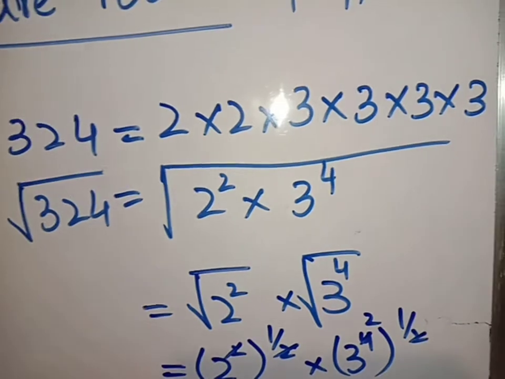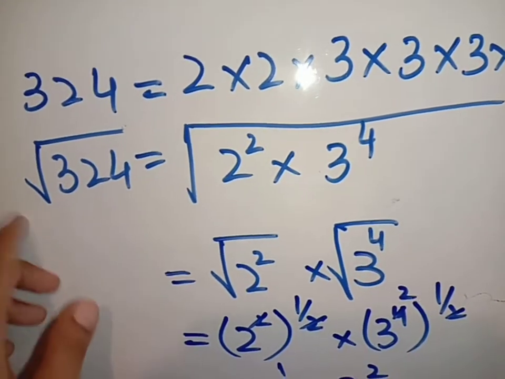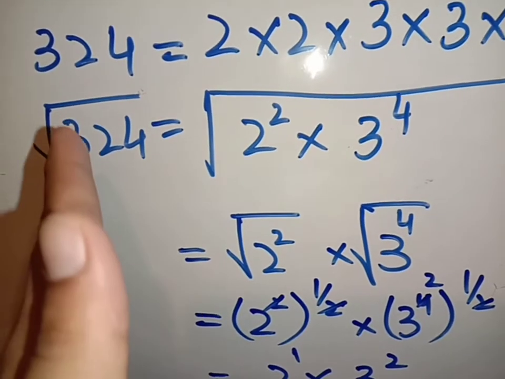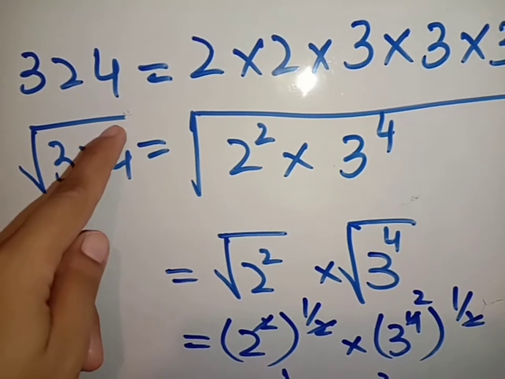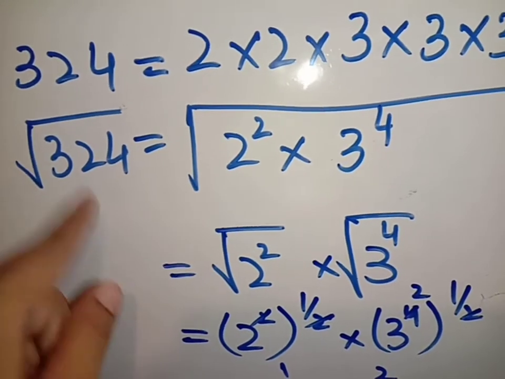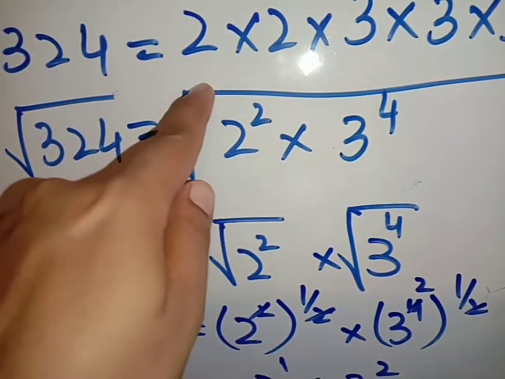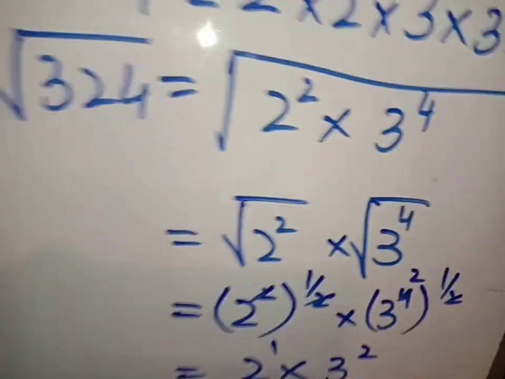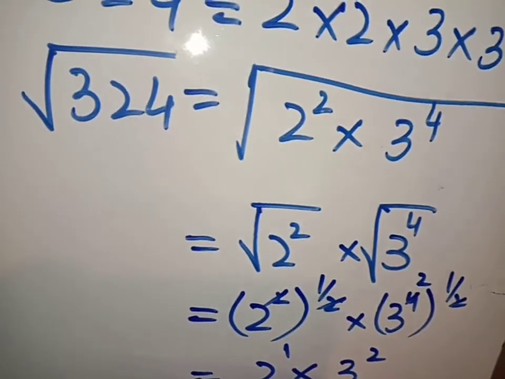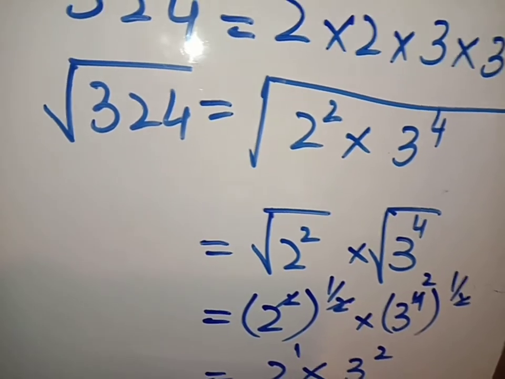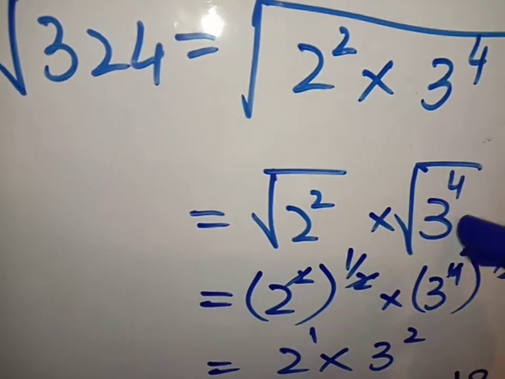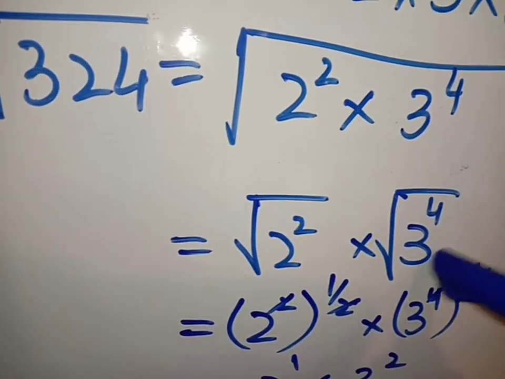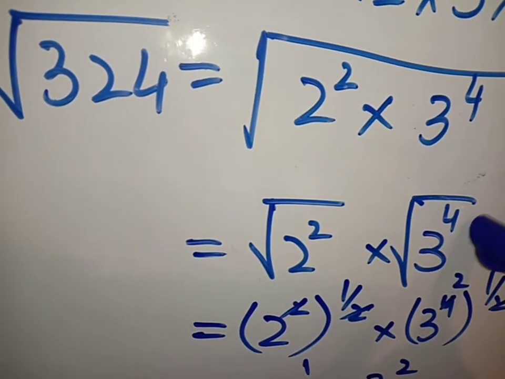2 times 2 and 4 times 3. So you can write under root, because you are taking the square root there. Whenever your prime factorization ends, you will mark it with square root. Understand? Mark square root on both sides. 2 times 2 means 2 square, and 4 times 3 means 3 raised to power 4. As I told you earlier, under root is equal to power 1 by 2. So we separated under root on both sides, 2 square under root multiplied by 3 raised to power 4 under root. We separated under root for both the digits.